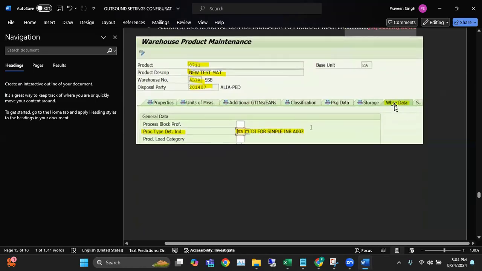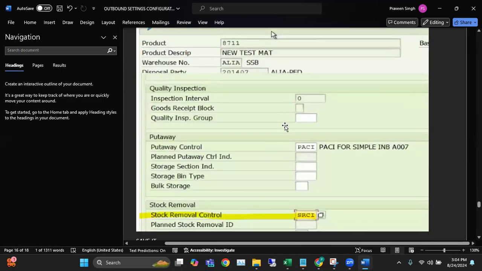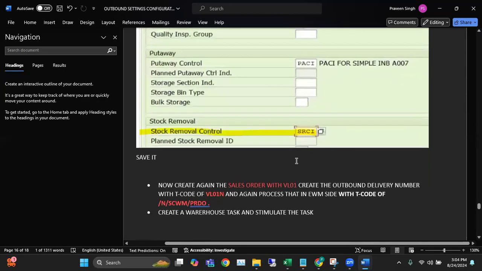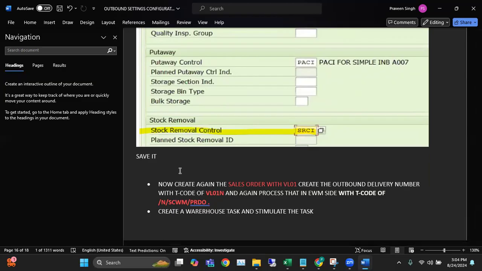And then you need to go to warehouse data. You need to assign your PTDI, which is SP, which we have created previously. And later on, you need to make sure you assign the stock removal control indicator, SRCI. Once it's done, save it. Now, once we are done with the picking strategies,